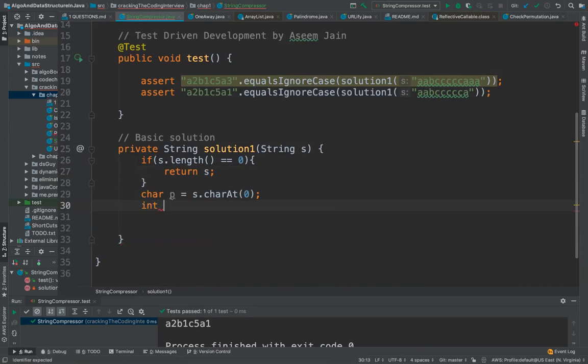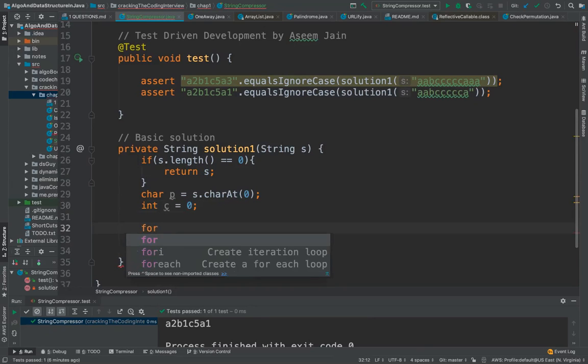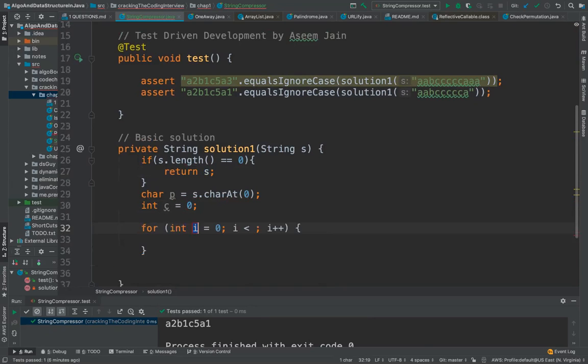Then you will have the count, the number of occurrences of that character. Initially you can make it 0, and as we add values we can increase it.